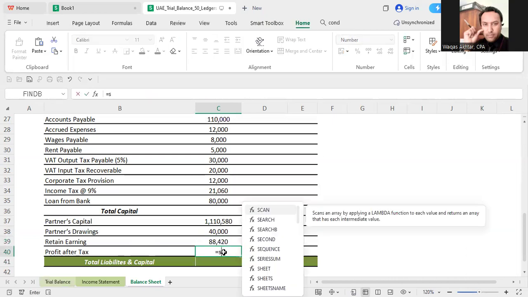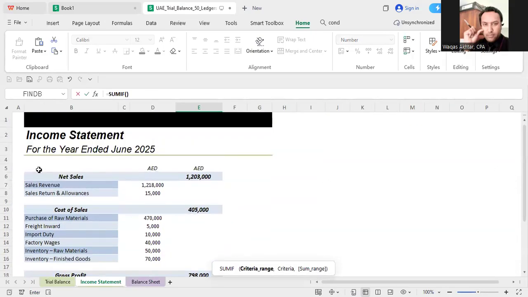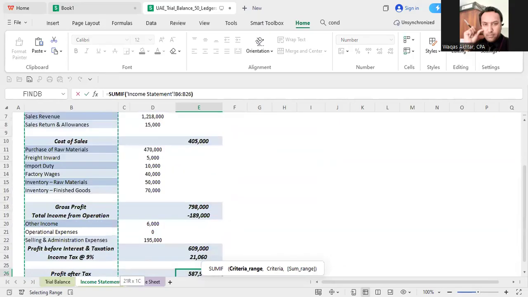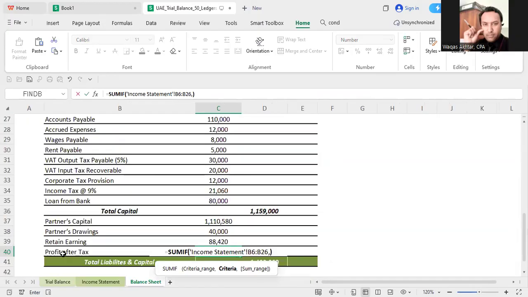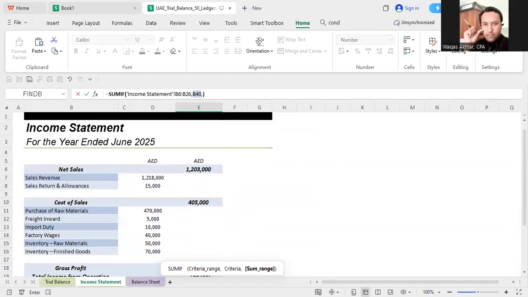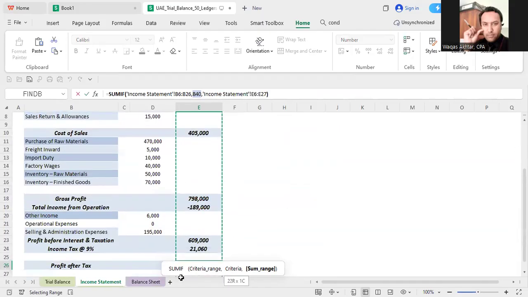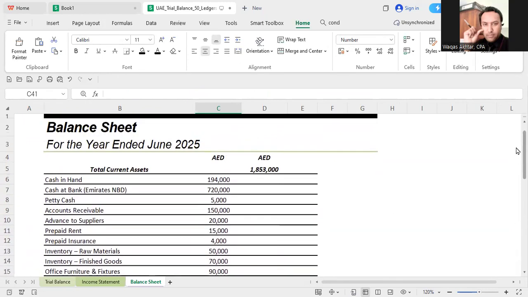Profit after tax will come from the income statement. The range will be in the income statement. Criteria is profit after tax, and sum range this. So we have completed our trial balance and balance sheet